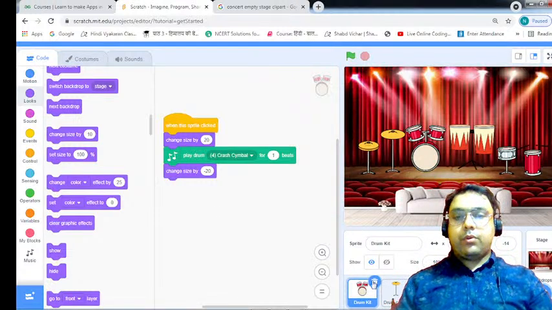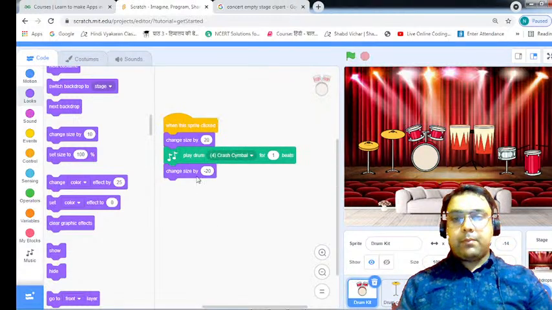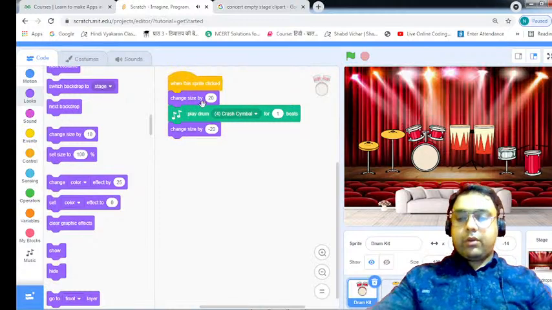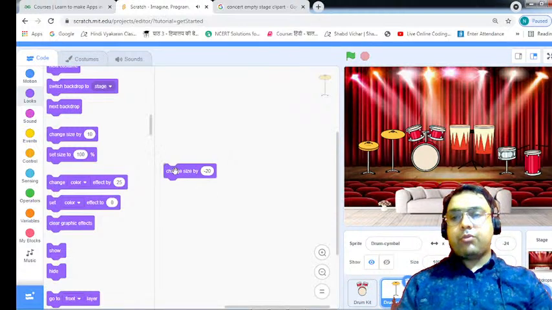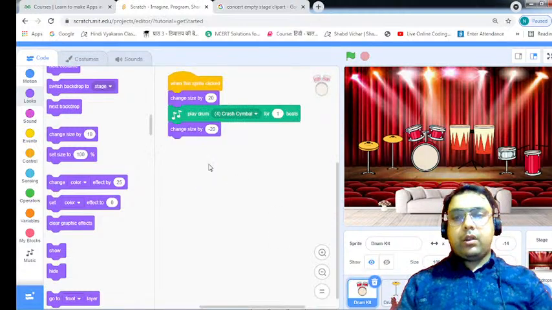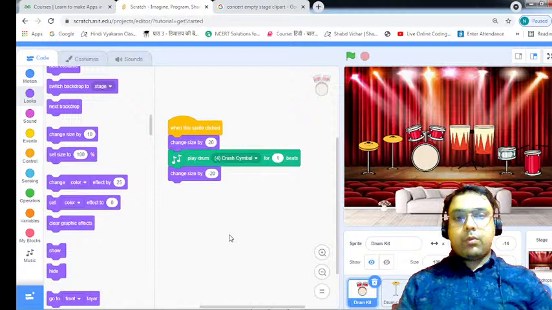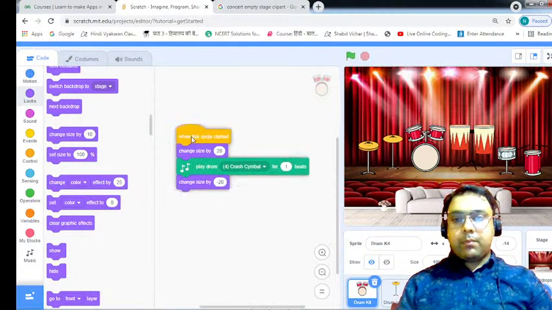Okay, so now one way you can define this whole code for all these remaining sprites is by simply copying this whole thing. You can select the whole code, copy it, and put it over here by pressing the Ctrl and V keys together. But it may be possible that you will not get the whole code copied in one go. So what is the other way? You can copy this whole code and put it over here in this window. So you can simply drag this whole code